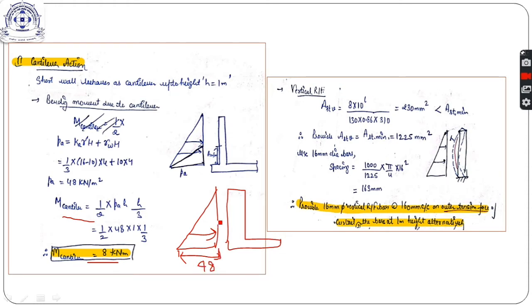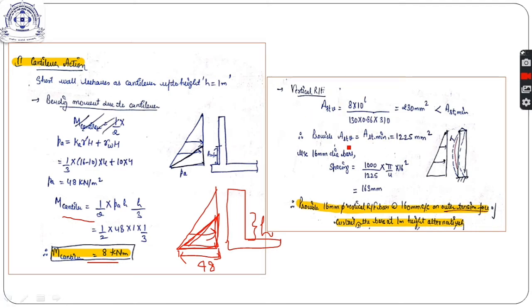Okay, now here there is a difference: the continuous cantilever action is acting only up to height h. So we will be considering only this much area of the triangle for calculation of the bending moment. So the bending moment at the bottom of the wall due to cantilever action up to small height h will be half Pa into h by 3. In the long walls, we kept capital H here because the cantilever action was acting on the whole of the wall. So this is the cantilever moment acting on the short wall.